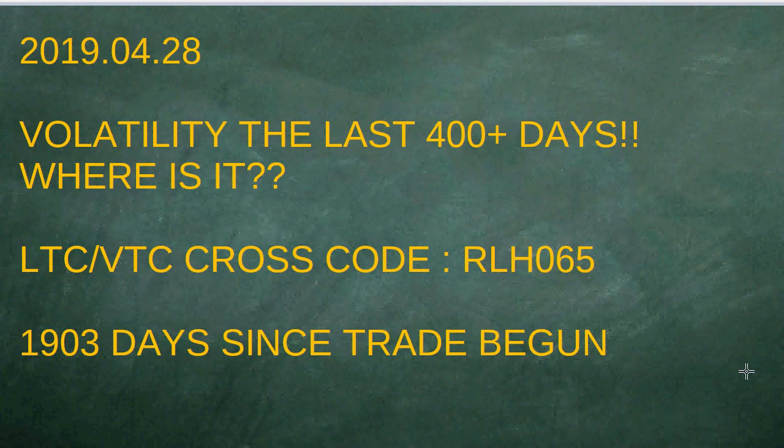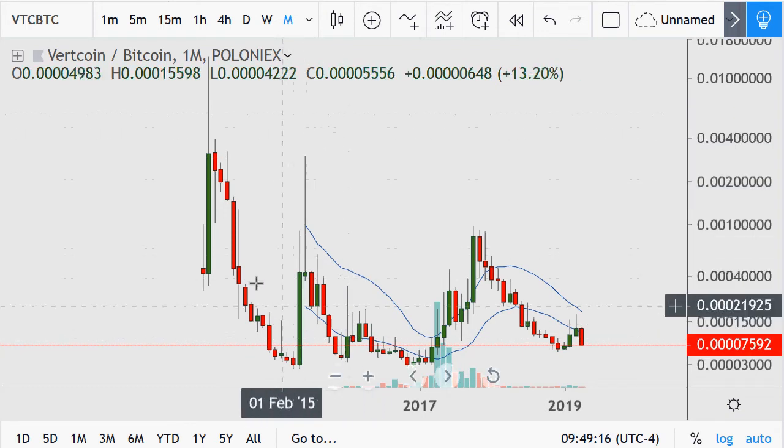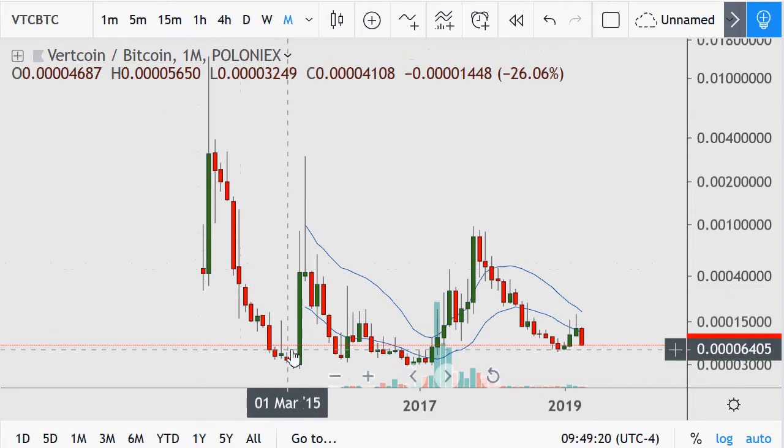And we're going to be showing, after looking at the charts, another chart, a volatility chart regarding Litecoin and Litecoin together. But before we do that, let's take a look at both LTC and VTC against Bitcoin. We'll start with Litecoin, and on the longest term, the monthly chart, basically mainly choppy on its early stages amongst this, below the 18